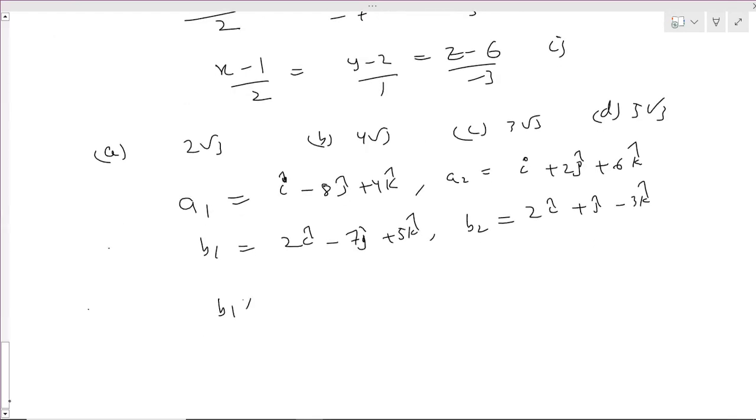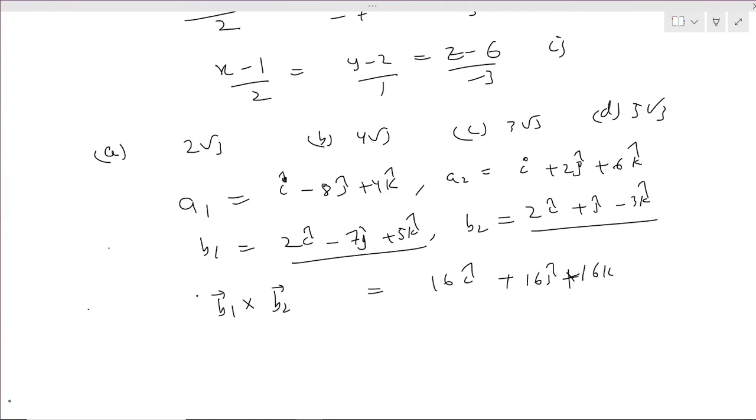So first, let's calculate this. We saw this is not parallel. We have to use that formula. So B1 cross B2. If you calculate, you will get the answer. I'm directly writing the answer: 6i plus 16j plus 16k. Right, everyone? Yes, sir. So distance is